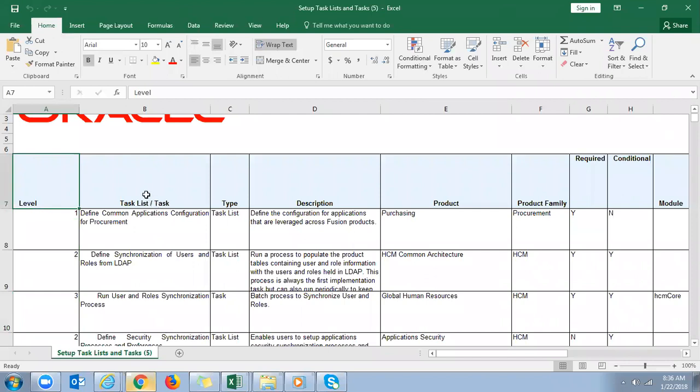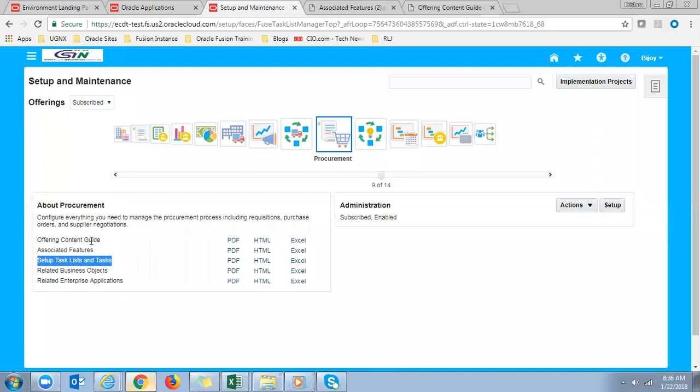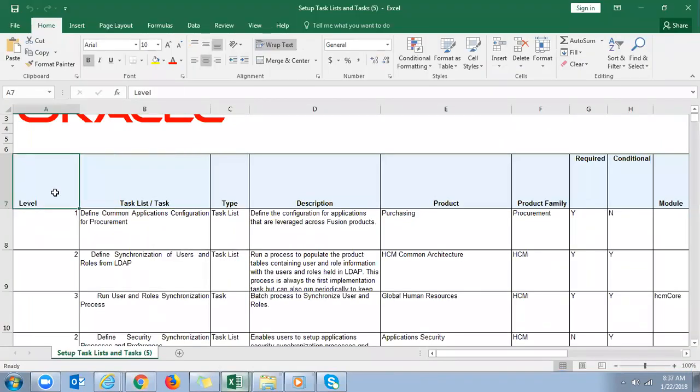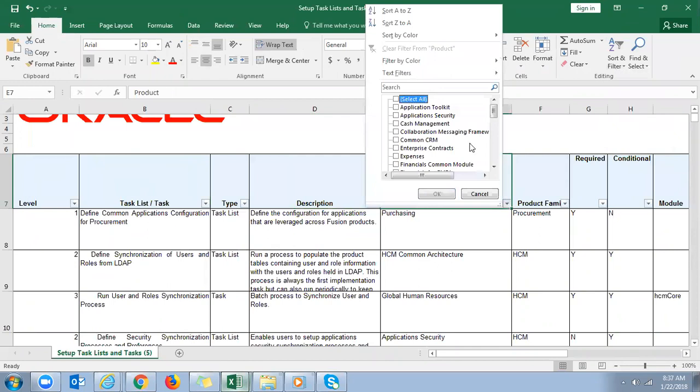Suppose you're a manager or a lead, we actually concentrate on the first 2 items, not on the setup and task list. It depends upon your role. If you're really working on the project configurations, then this document is useful. And I'll take filters, and for better understanding, I would like to explain the items which